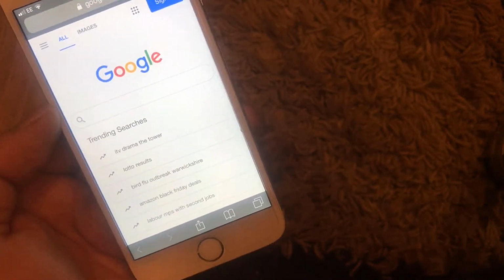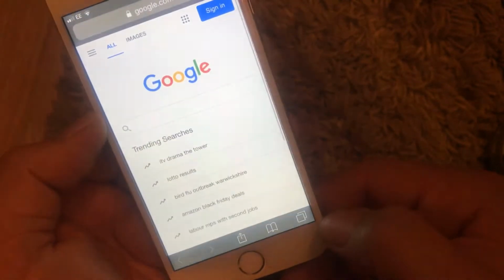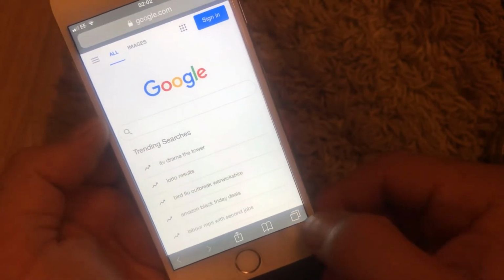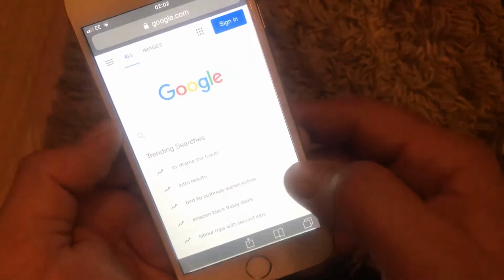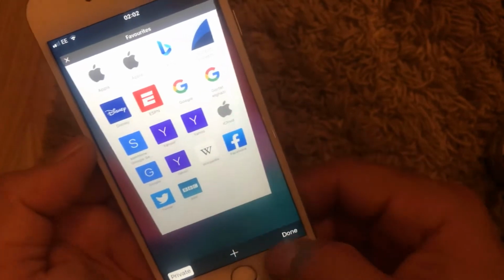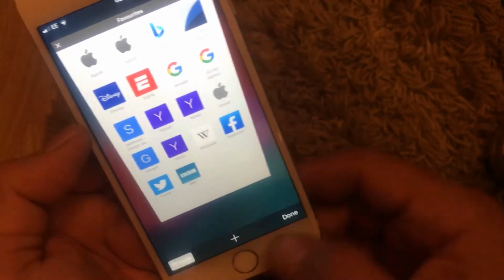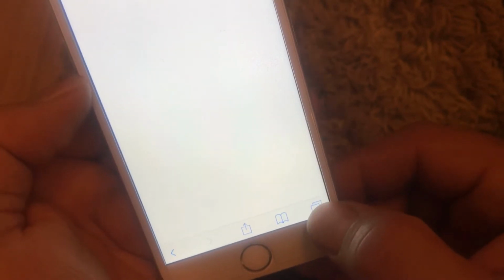The other way to do it is, let me close this. Done. If you keep pressing just for a bit on these icons, press, then close these tabs. Now we are open in normal mode, where everything is blue. So what I should do to access the dark mode in Safari is press for a while on